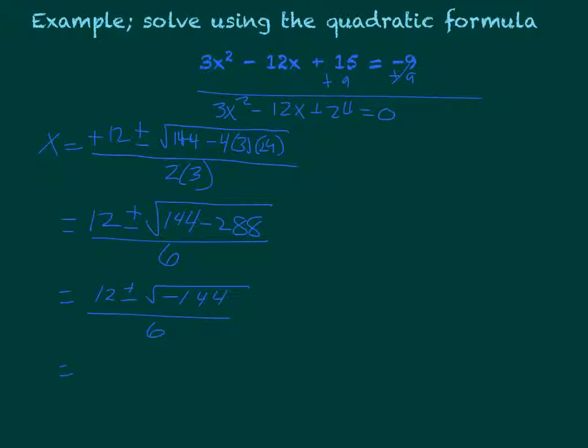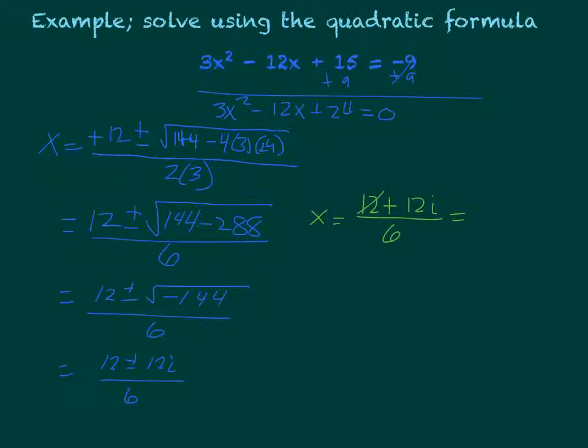So that's going to give me 12 plus or minus 12i, because the square root of 144 is 12, and it's negative, so it's 12i divided by 6. Now in this case, I need to split it up. So my next step is to write it as 12 plus 12i over 6, and then I simplify that